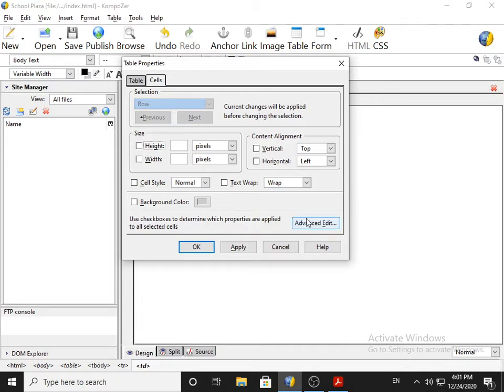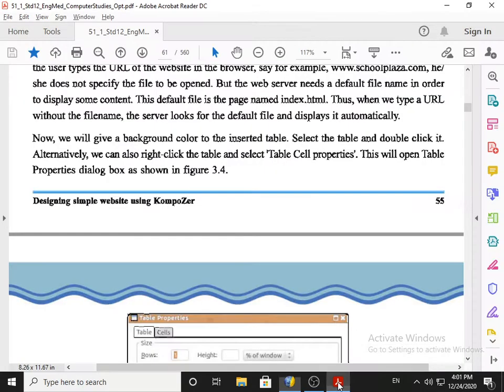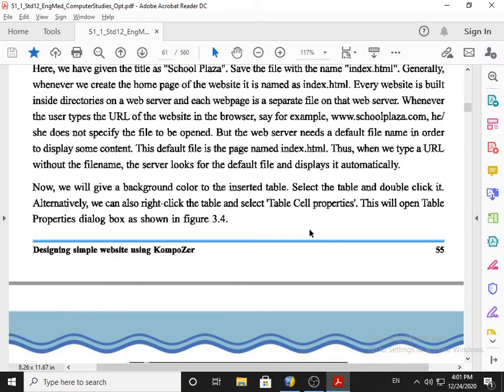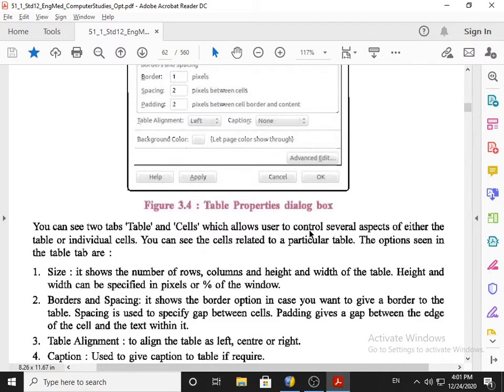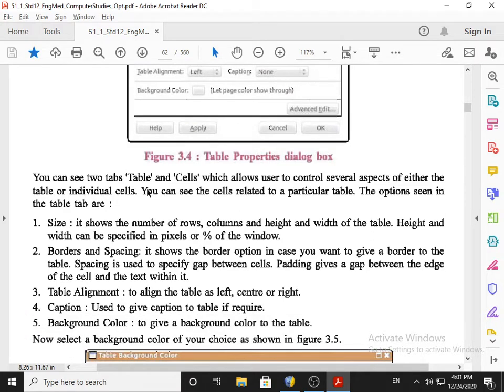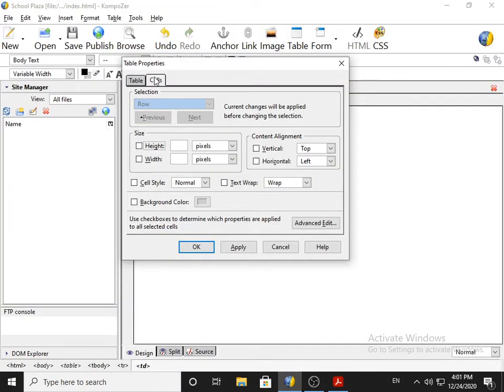Now these table properties we have to learn. In table properties, what we have to learn is mentioned in the paragraph after figure 3.4. You can see two tabs, that is table and cells. Remember, they are called tabs, table and cell.